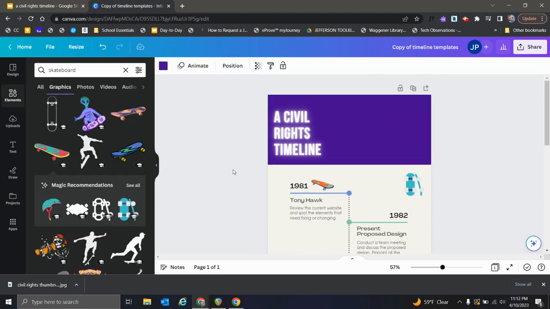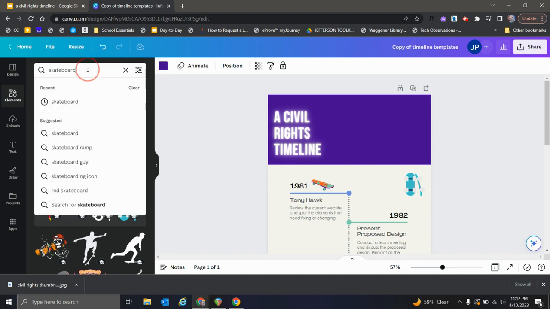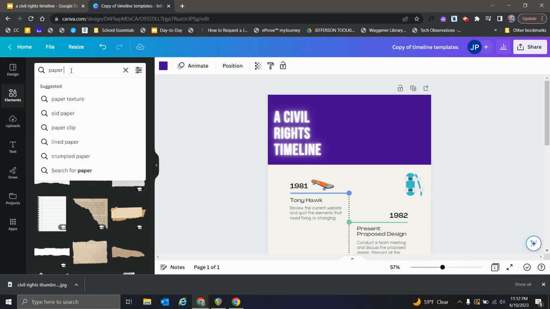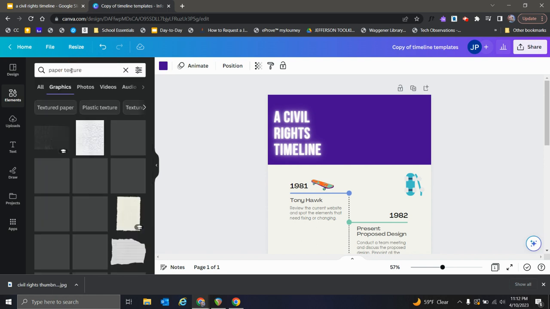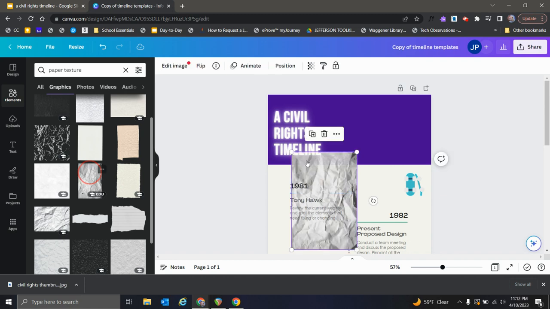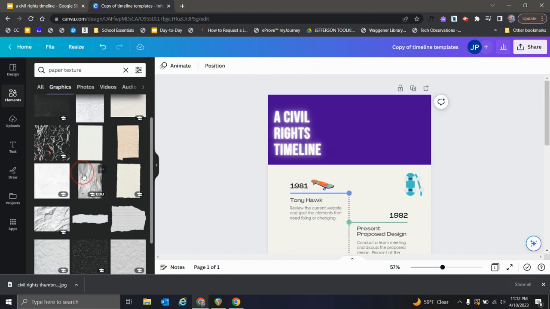If you want to change the background, it's so easy. So I'm going to choose, I'm just going to choose paper. And I'm actually going to type texture on it. Yes. And I'm going to grab one of these. Check it out. If I do this, you're going to see that it's just going to drop in the middle somewhere. But if I do it right,